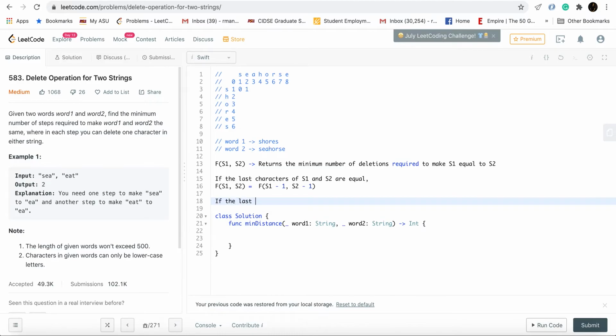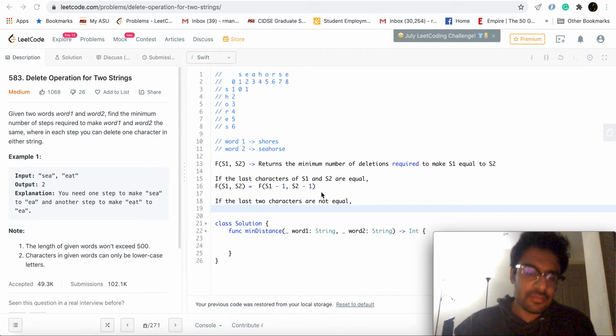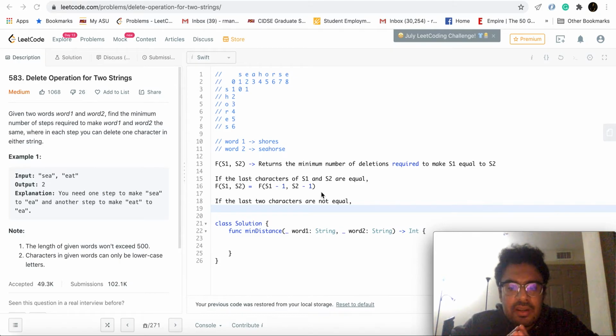If the last two characters are not equal, this is the trickier part. Actually, that's not very tricky but this is the crucial part, the crux of the problem. If the last two characters are not equal, then you definitely have to make a deletion, right?